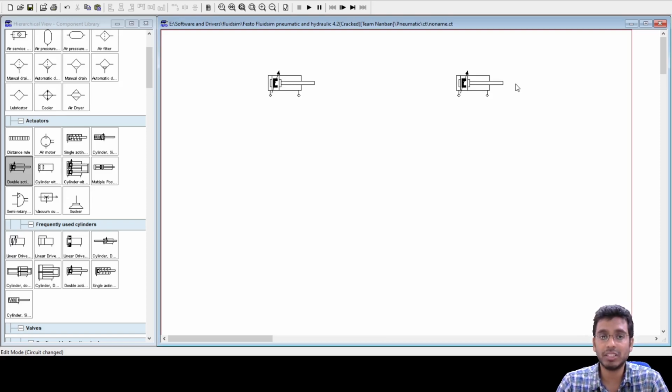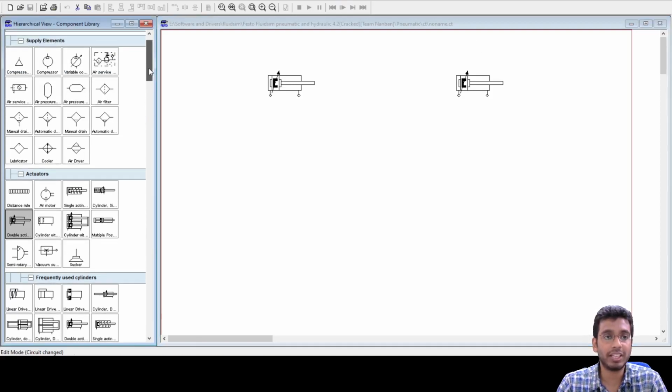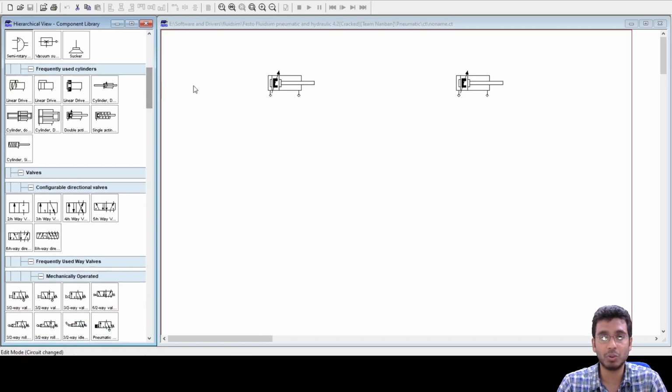Did you get my question? Everyone clear? So your cylinder 1 extends. Once you ensure that it has completely extended, then what would happen? Your cylinder 2 would start to extend. And when cylinder 2 has completely extended, then both the cylinders should retract at the same time. Clear? So just try to make this circuit. I'll be helping you all with this. With this you can get the understanding of how to control two cylinders.